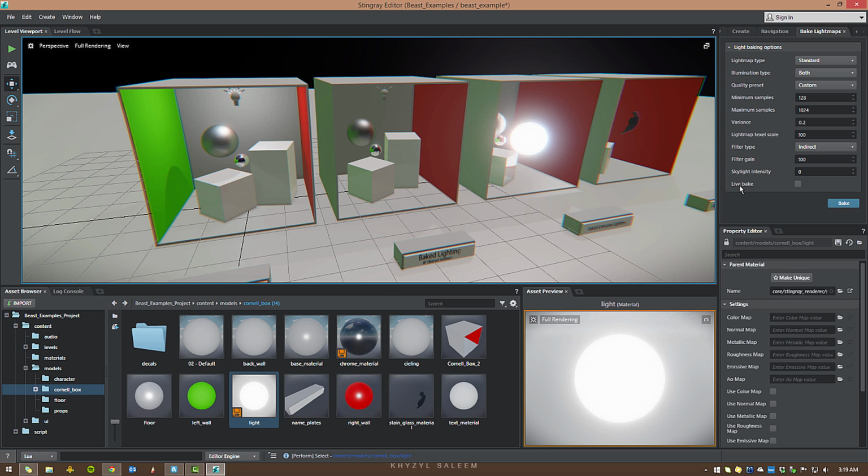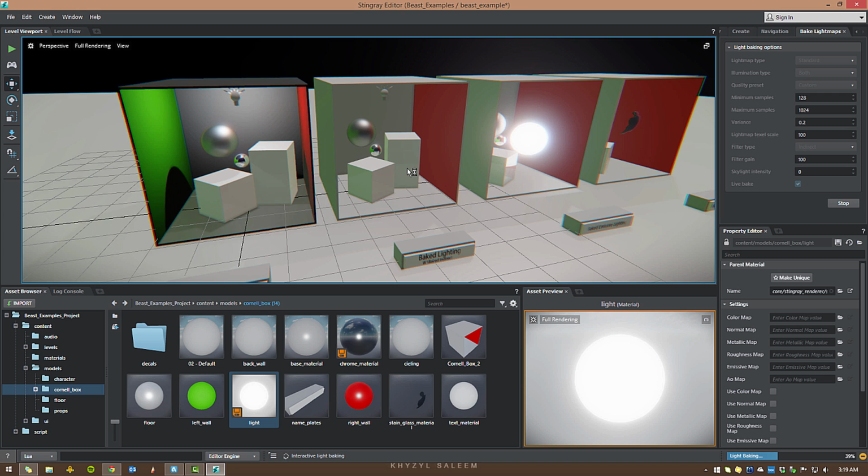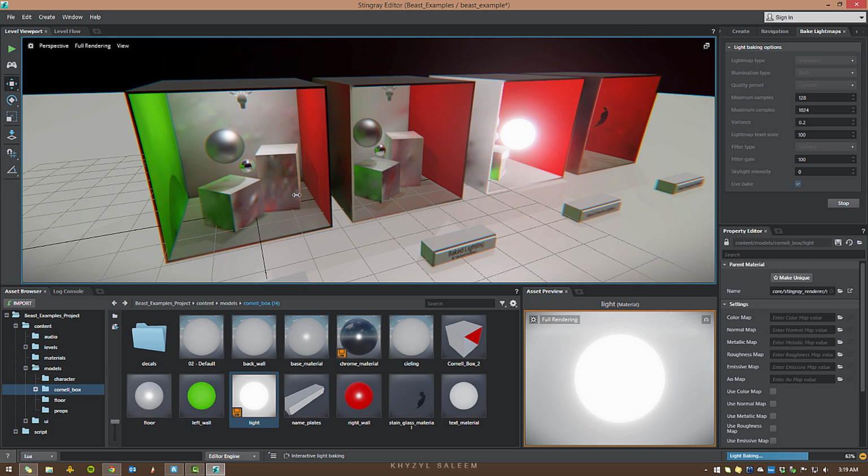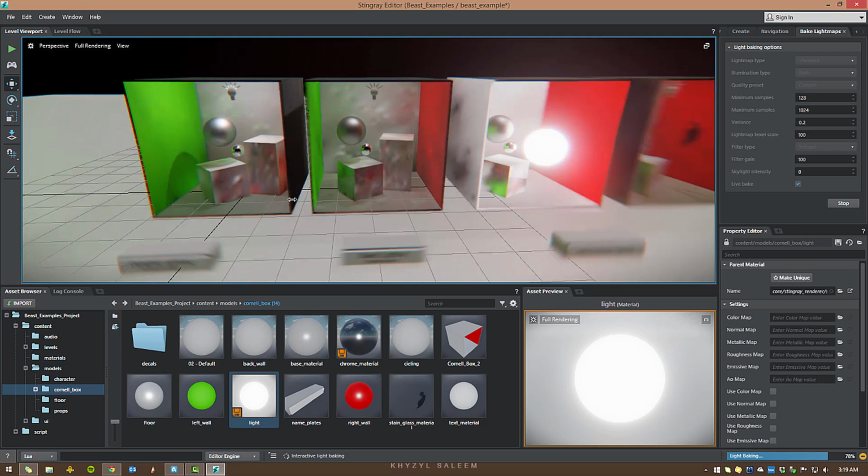All right, so we can do what's called a live bake, and I'm going to do that. I'm going to turn it on now, and all we've got to do is hit bake. So you can see down in the bottom here, it's going to start baking. We're not going to have time to finish the bake, but as you can see, because it's a live bake, we can see the progress. And what's going to happen is Beast is going to continue to bake the light maps until they get absolutely perfect. You can see here it's iterating on the light map bake, so they're slowly but surely getting better and better,